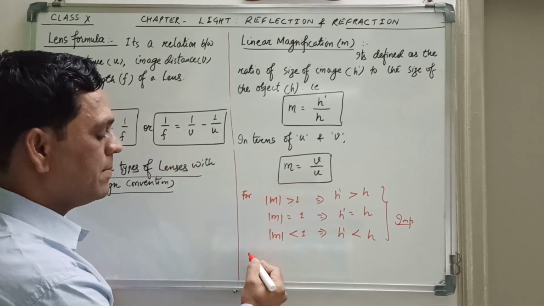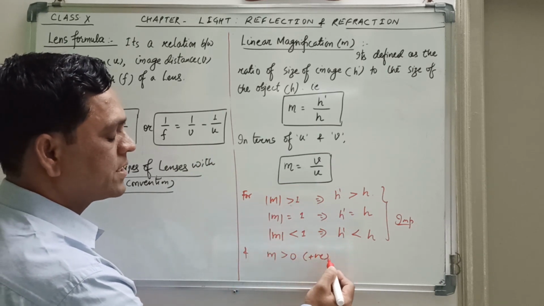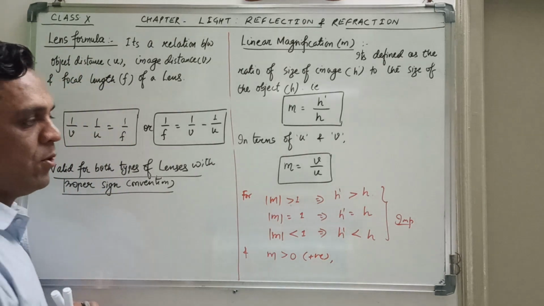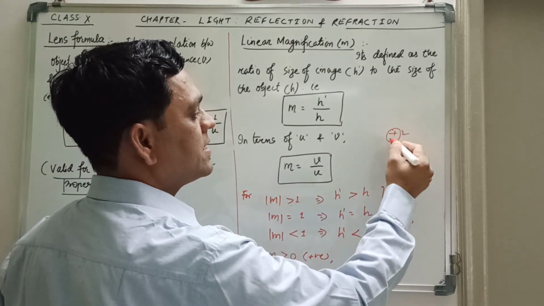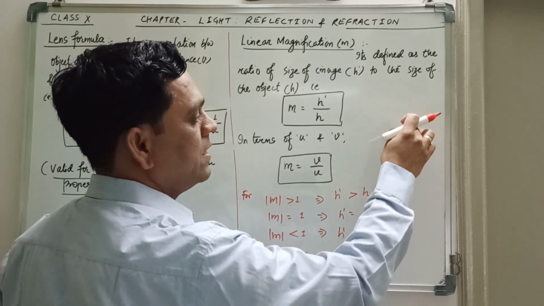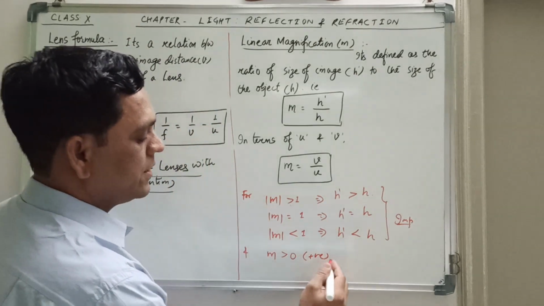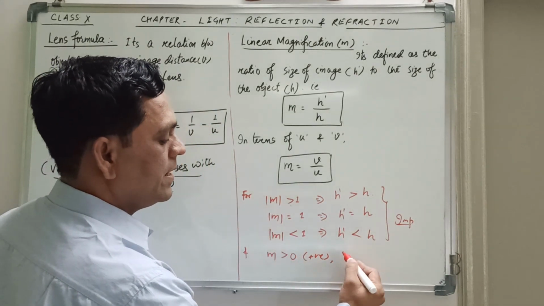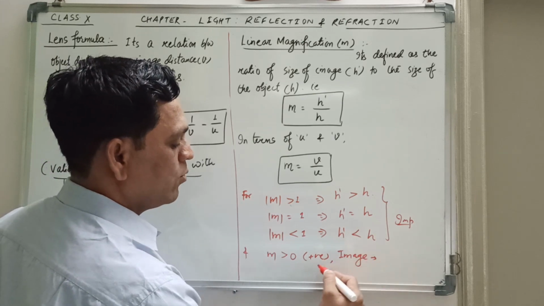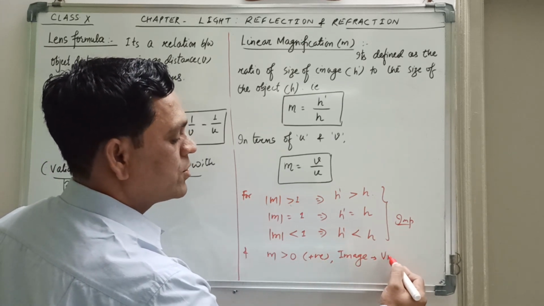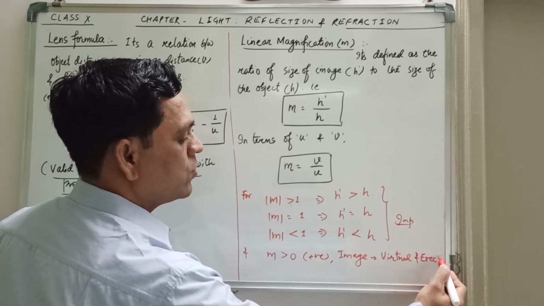अब साइन की बात करते हैं. So if m is greater than 0, इसका मतलब होता है बेटा positive. Positive means plus 2, minus 2, minus 0.5. So here we are considering this minus sign or plus sign only. 2, 1 and 0.5 we are not interested in here. So if m is greater than 0, this will give you the nature of the image: for a positive m, the image will be virtual and erect.